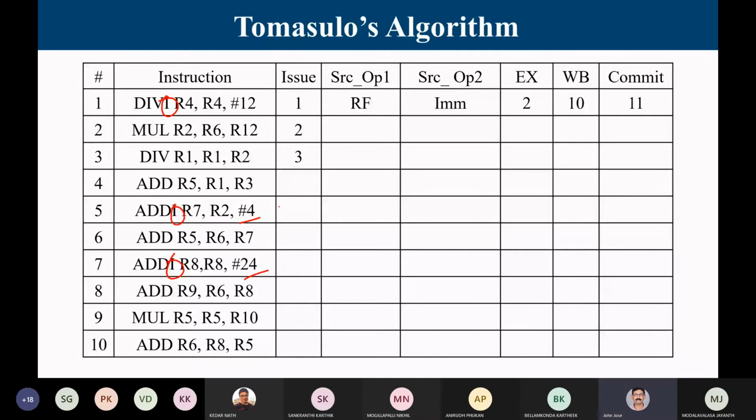So basically I am filling the time at which issue occurred, then the execution stage, when the execution stage is beginning. For division there are 8 cycles, so I have to tell which cycle it started, when I am going to write the result and when I am going to commit. We know that issue should be in order, commit should be in order, but execution and writing the result, or completion of the result, can happen out of order. This is what is given. You are supposed to fill up the rest of the table and then find out what is the connection between them.